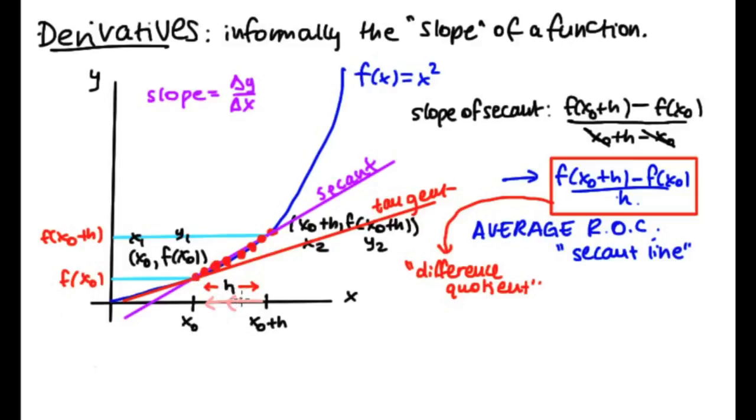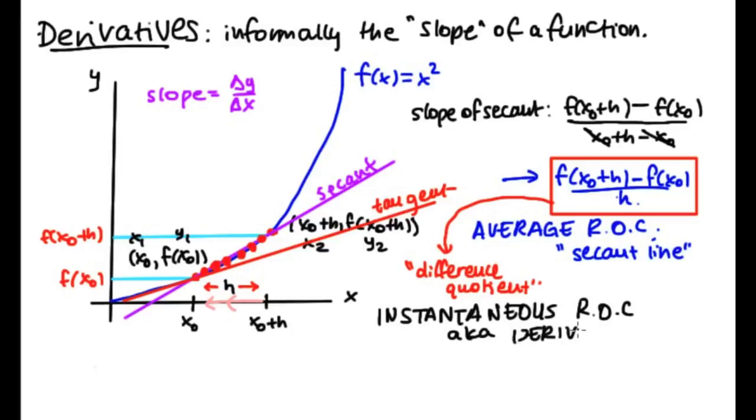So we can't actually do 0 because then we get a denominator that's undefined. What do? We use limits. So we find the limit of the difference quotient as h approaches 0. So instantaneous rate of change, aka the derivative, or the actual slope,